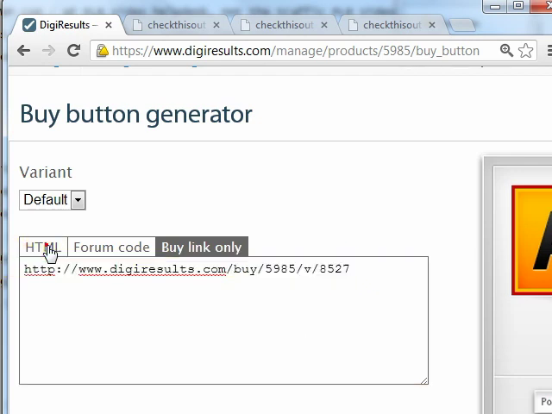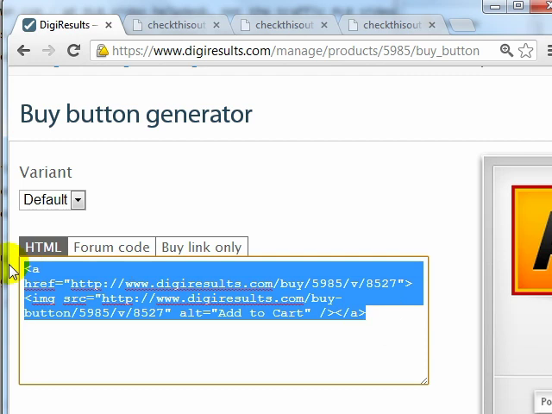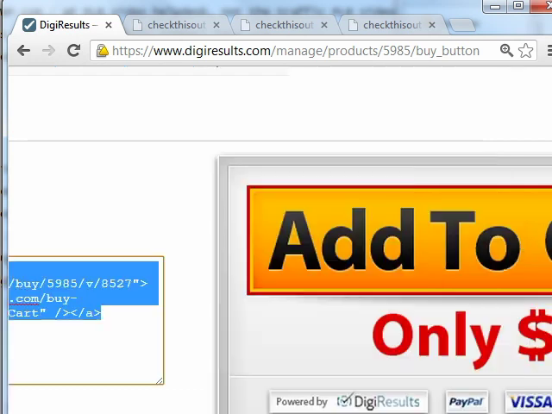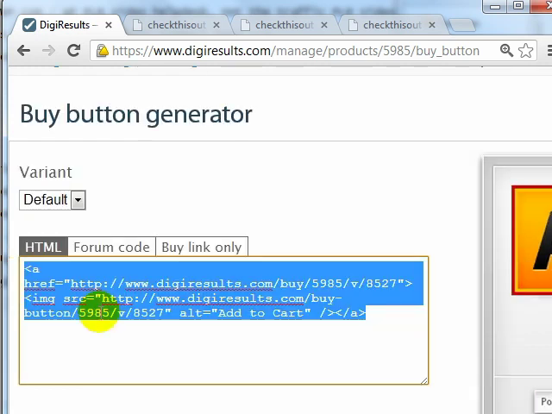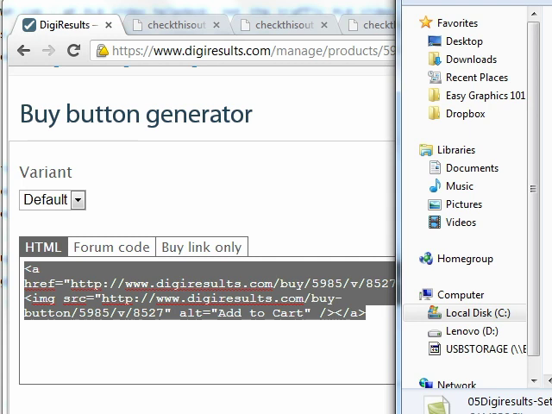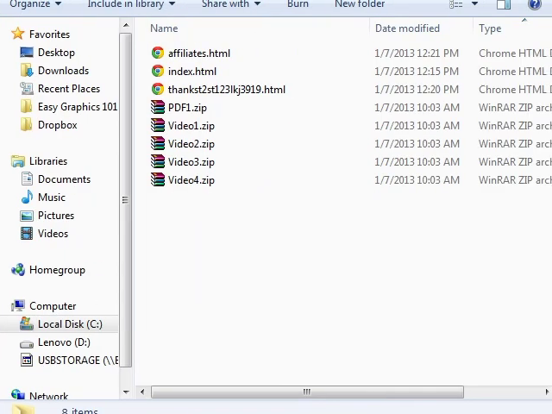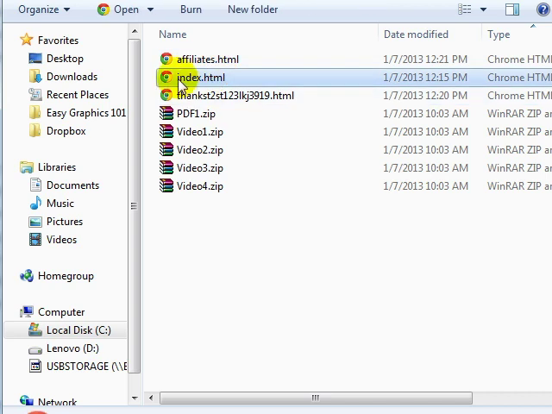So let's say, for example, that I want to just copy the buy button code here, and I like this buy button and I want to use it on my sales page. In this case, I'm going to copy this here, go back here, go to my sales page, which is the index.html, open that using Composer,